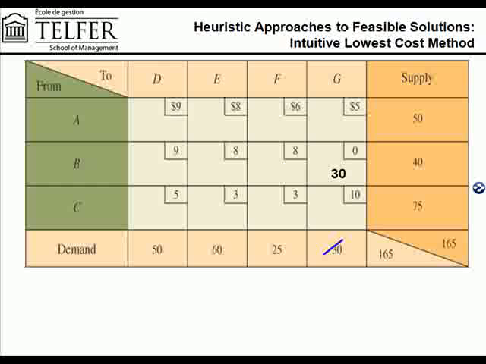Moving on from the $0 cost to the next best cost that you see in this grid, we have a couple of cells here which have a cost of $3 associated with it. The cost of transportation per unit between C to E is $3, and the cost of transportation between C to F is also $3. If you have a situation like this where there's a tie between two